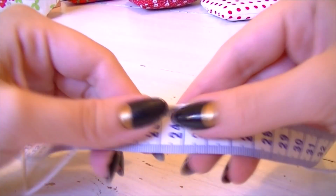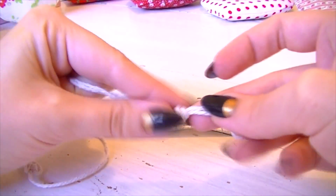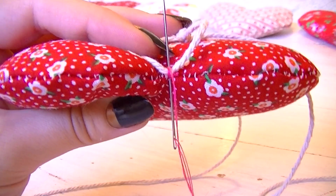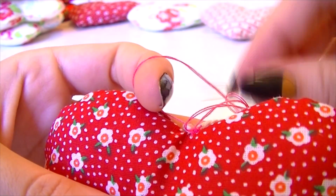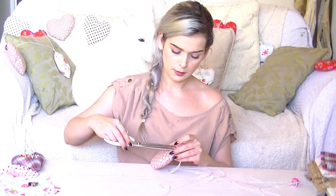Now depending on how many hearts you've made, you want to make sure that you put a loop approximately the same distance between each next loop. And then to attach the heart to the loop, thread your needle through the very point of the top of your heart and then just loop it through. And then every single time you make a stitch, just continue to loop it through. Do this a few times to make sure it's nice and secure. And then once you're happy with that, just go ahead, seal off your knot, cut the thread,